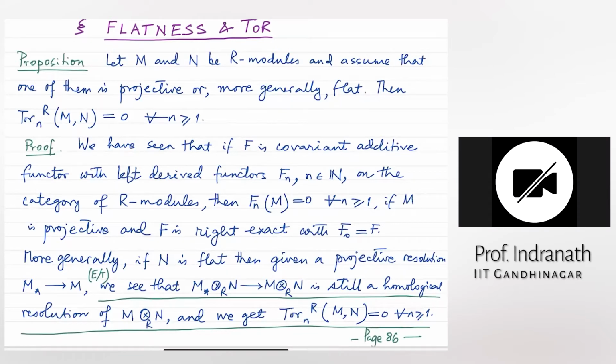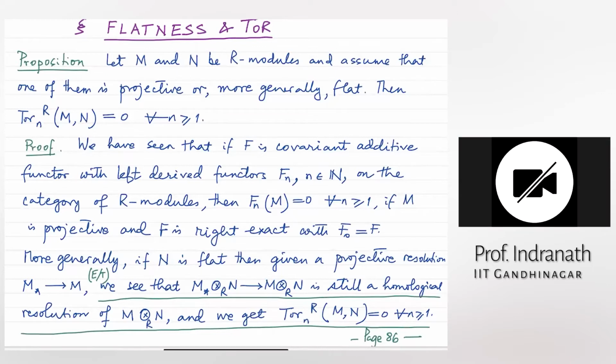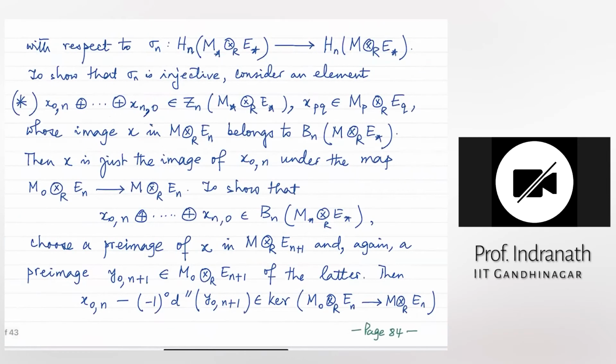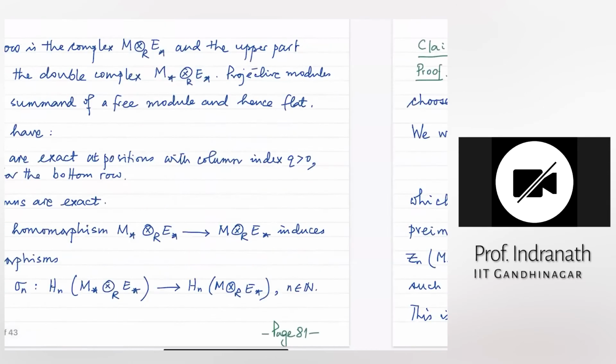Sir, the last proposition, does it actually show that in Tor(M, N), M and N can be interchanged? Yeah, of course. That's what you have shown, because it doesn't matter whether you take the projective resolution of M or N. Does it actually show that Tor(M, N) equals Tor(N, M)? Yeah, you have actually proved it, given how you define Tor. Tor is the nth homology, isn't it? Tor is defined to be the nth homology.